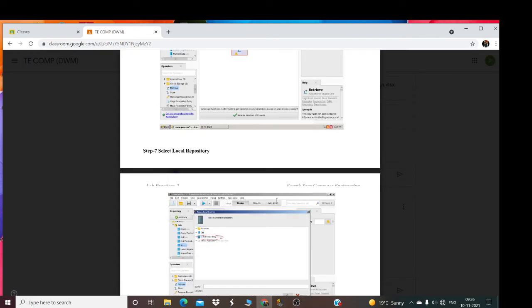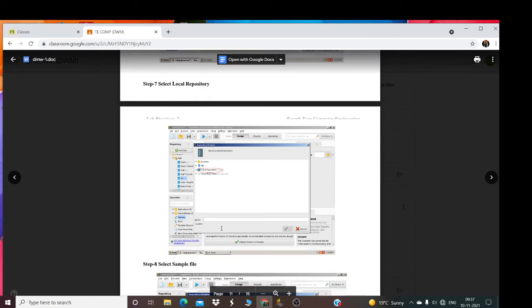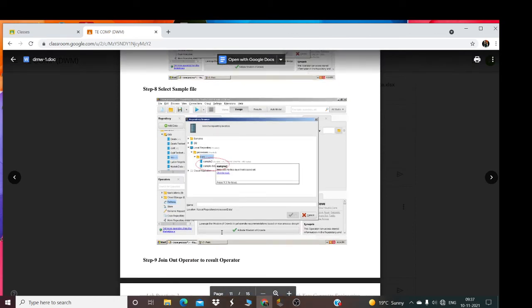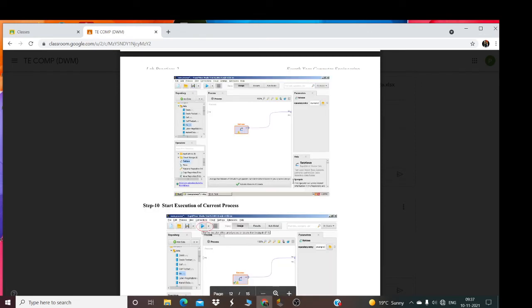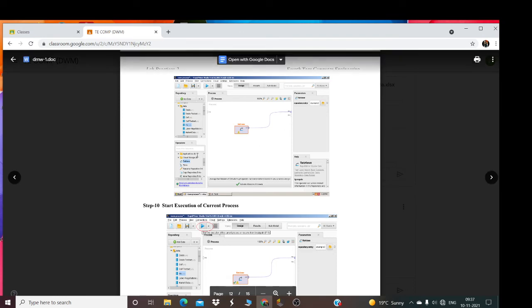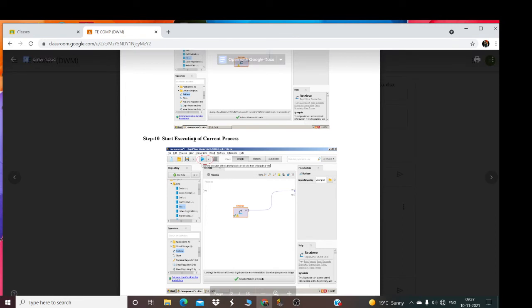So go to the local repository and select the data. After that, select the sample and join the result output operator to this. After selecting the path, join the repository output. Start execution of the current process. You will see the result here, and you will click here the play button.